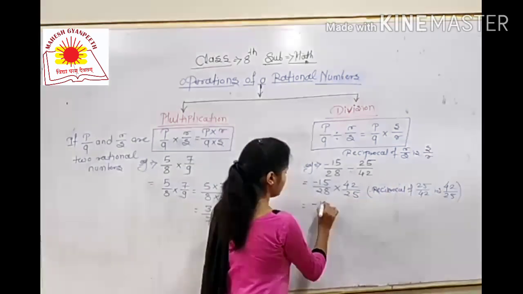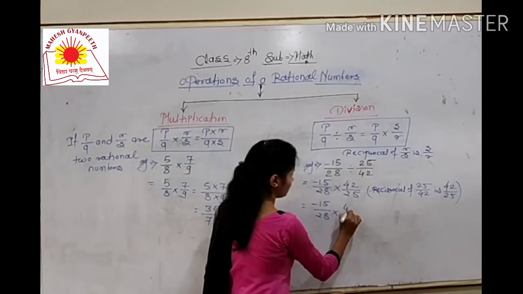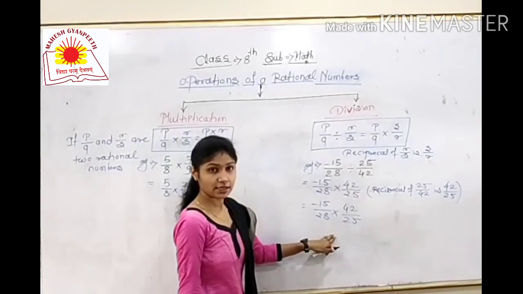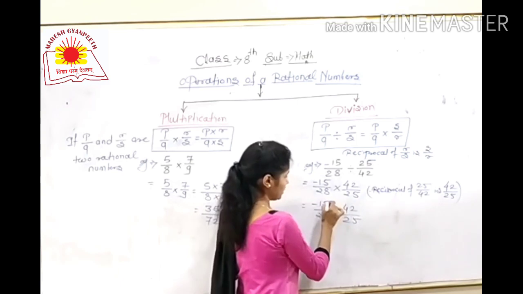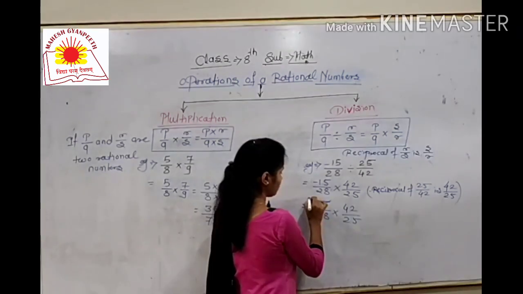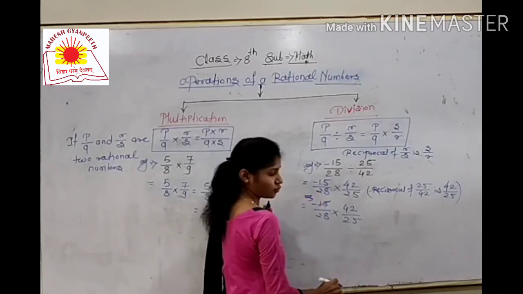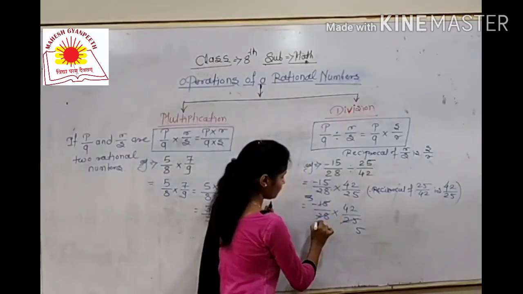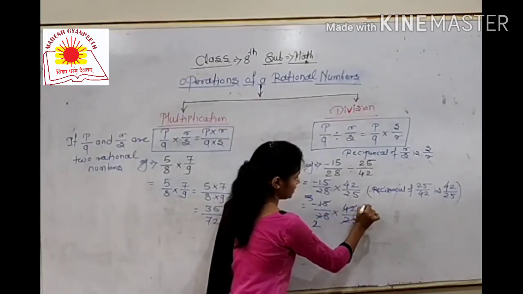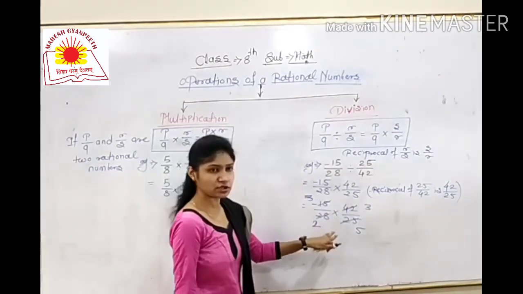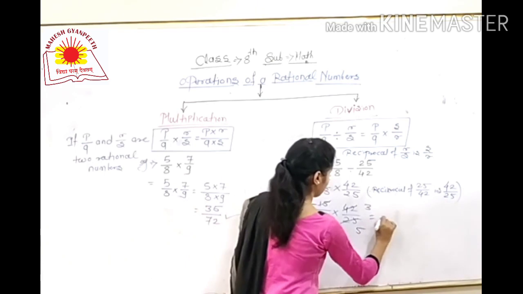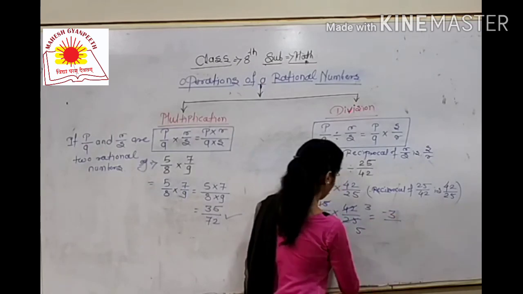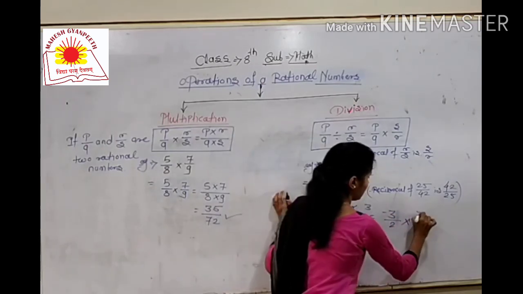Then minus 15 upon 28 multiplied by 42 upon 25. Okay. Now see here, observe these terms. Most of the terms are reducible. The common divisor 5 divides these numbers: 5 3s are 15, 5 5s are 25. Then another is 14 2s are 28 and 14 3s are 42. If most of the terms are reducible, then you have to reduce them. After that, write down the remaining terms. The remaining terms are minus 3 upon 2 multiplied by 3 upon 5.